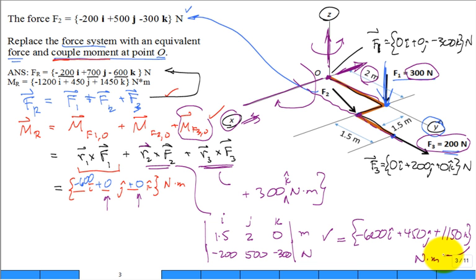So what you would do is add those together, and your resultant moment, right there's the answer, is applied at the point O, and now that's an equivalent system. So I can replace 3 forces applied at different locations on my object by a single force applied at the origin, plus the couple moment applied at that origin. So the couple moment is